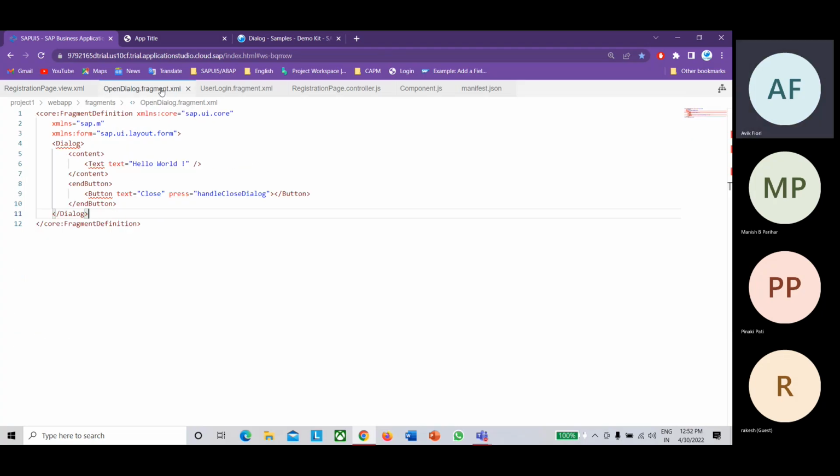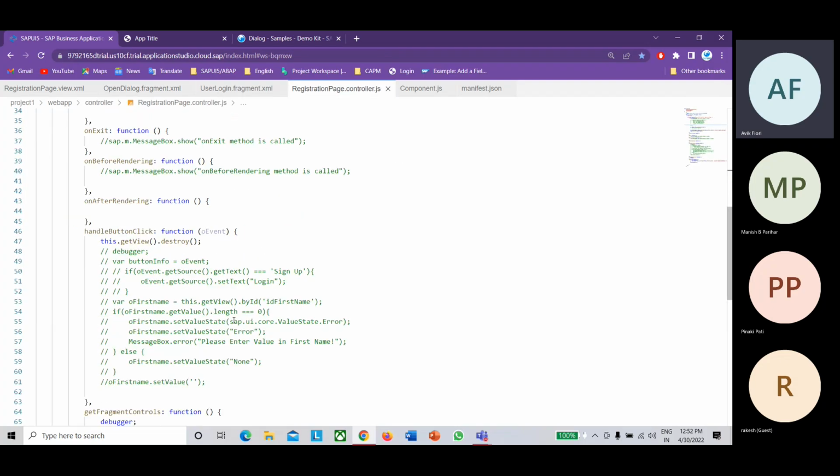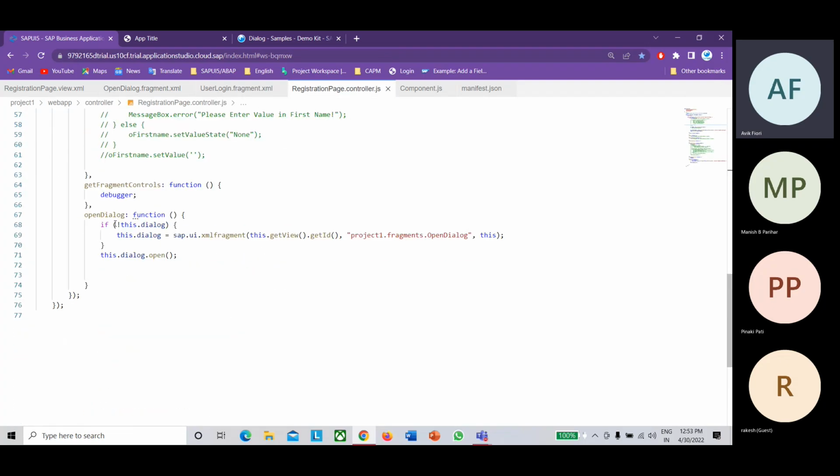So what we have done here inside the controller file is just add one condition. If this variable is not declared, if nothing is there inside this variable, I'm going to load this fragment, and after that, I'm going to open the dialog.